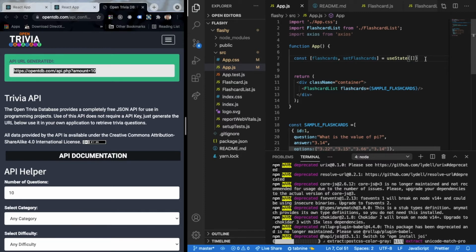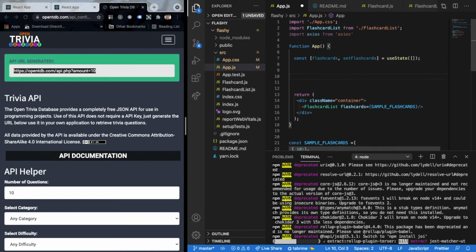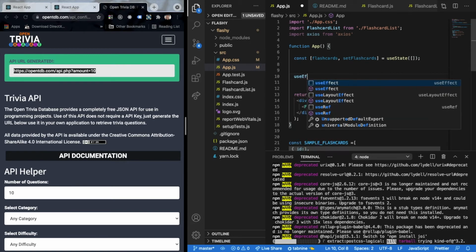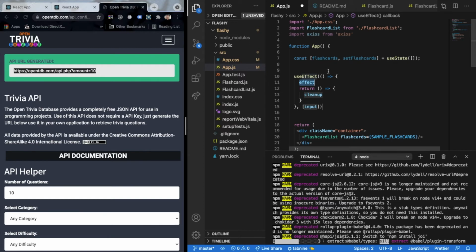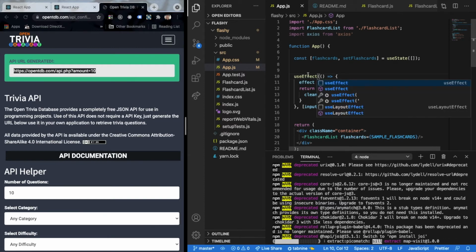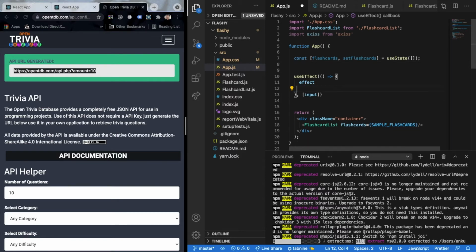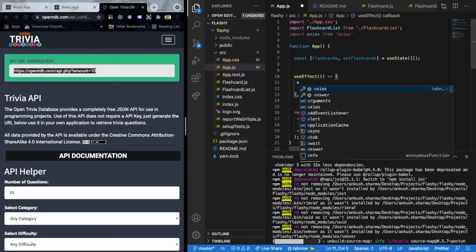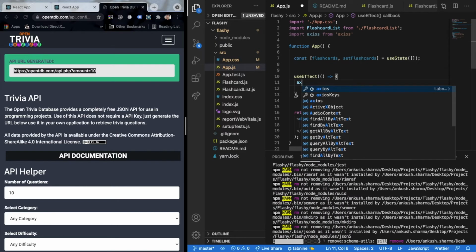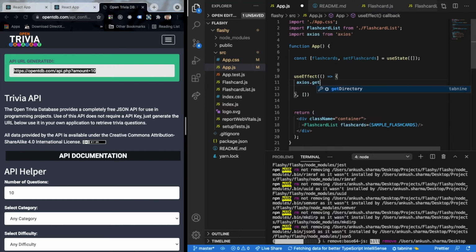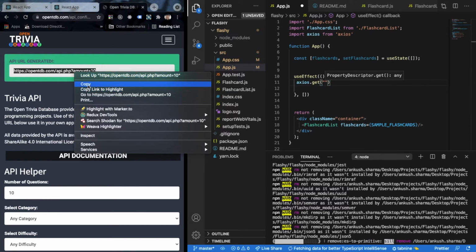The next feature that we'll be using to populate this would be our useEffect. Now useEffect is a great way to do that, because whenever you use useEffect, this helps in calling the APIs correctly and making certain calls that you would want. So I'll just remove this boilerplate and start from scratch. Now what I would want is basically to fetch the data from this Axios URL we have. So I'll use axios.get, and in this let's just paste our URL.